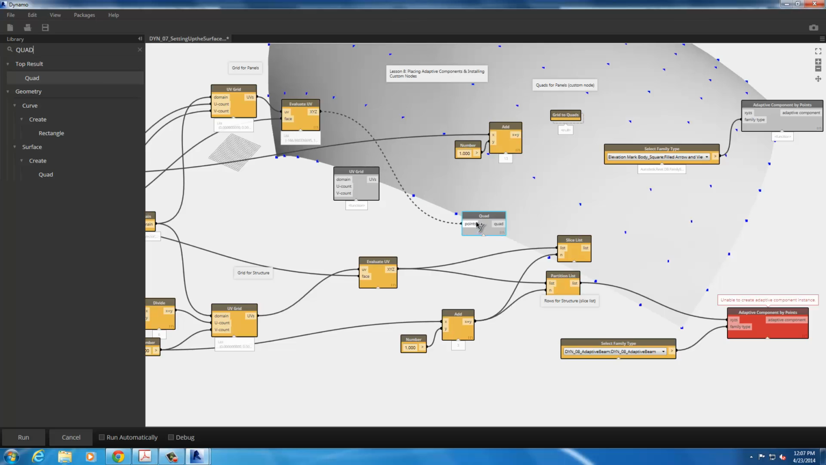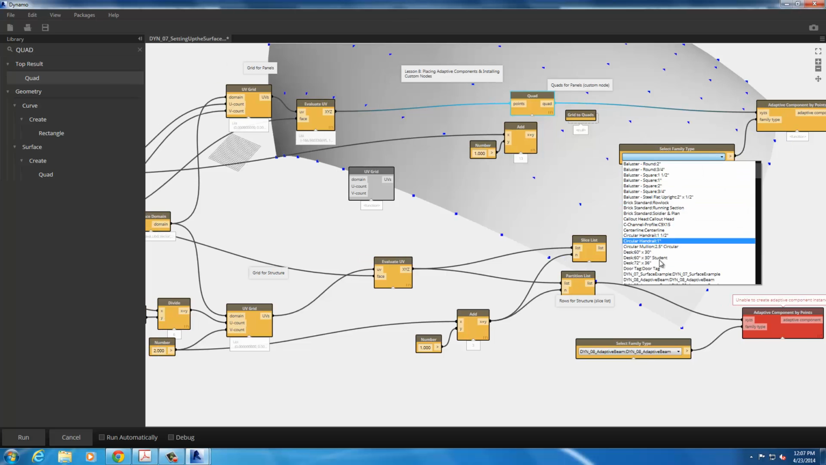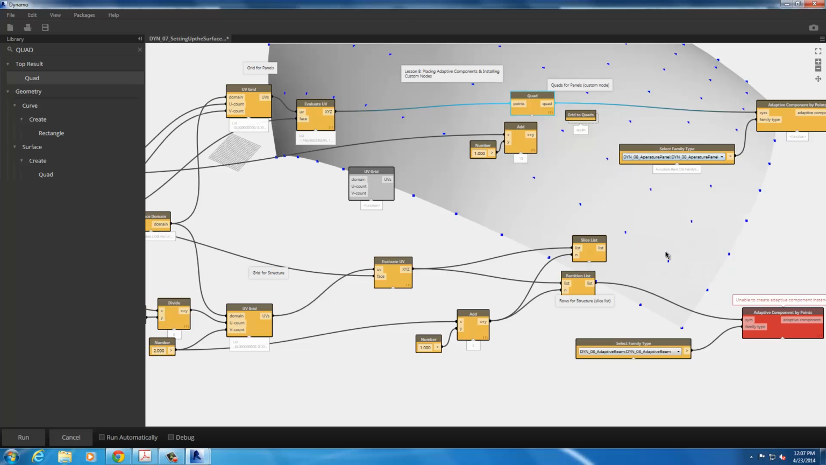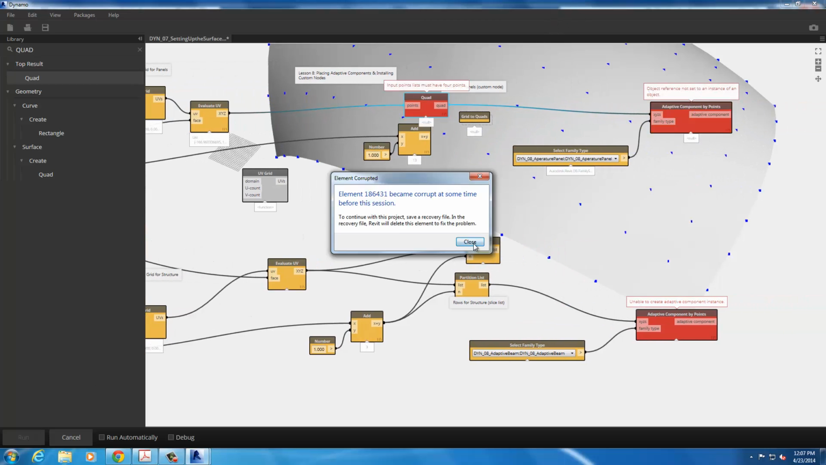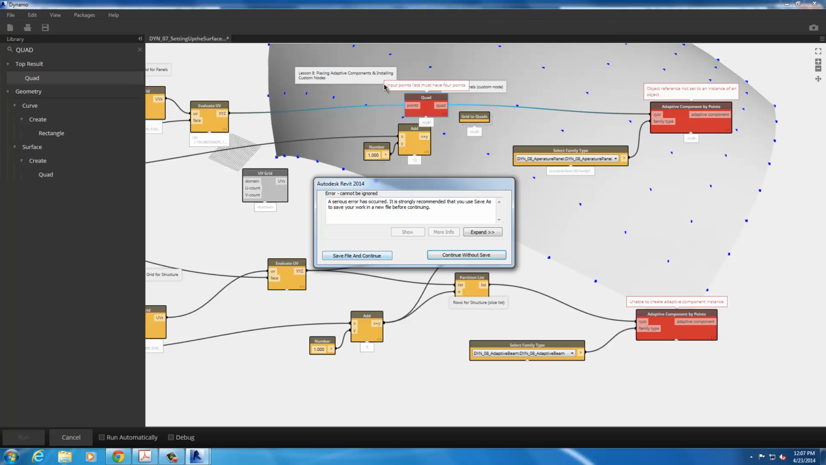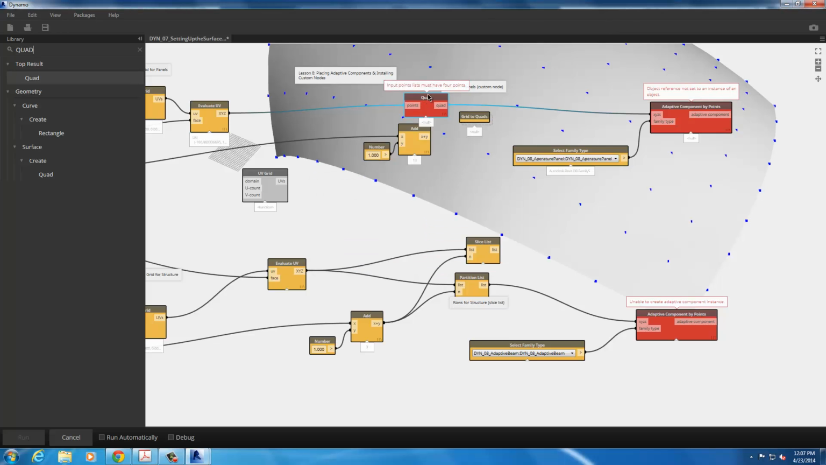Does this work? Maybe. So mine is still bombing out, but let's try this quad component. We might need to partition it into sets of 4, although I don't know that that's going to work. Like we want it to just take the